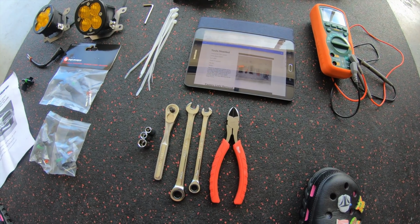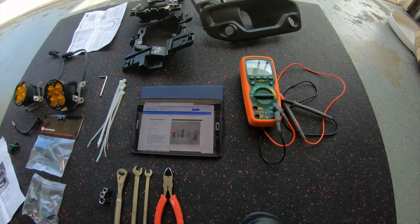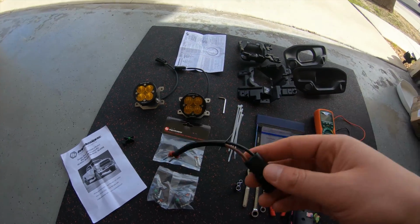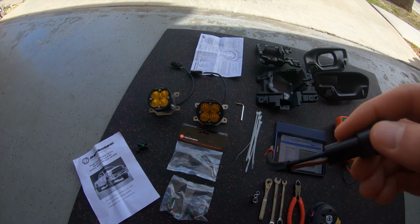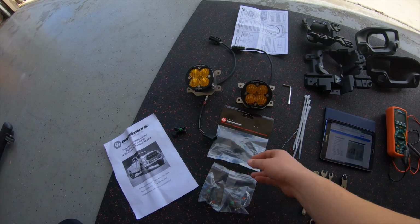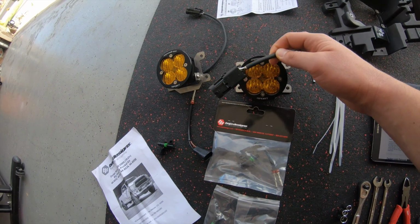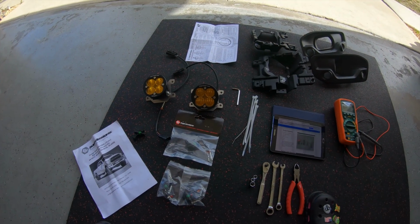One thing that's not on here that you may want to have is a multimeter, because when you're installing, a lot of guys have said that they don't tell you, and even the manual itself says you want to test to make sure you're putting the ground in the correct place, because they actually don't tell you which is which. It's kind of confusing. Some guys said that even though it has a black and white, that doesn't necessarily tell you which one it is. So some guys have said that they had to resplice,